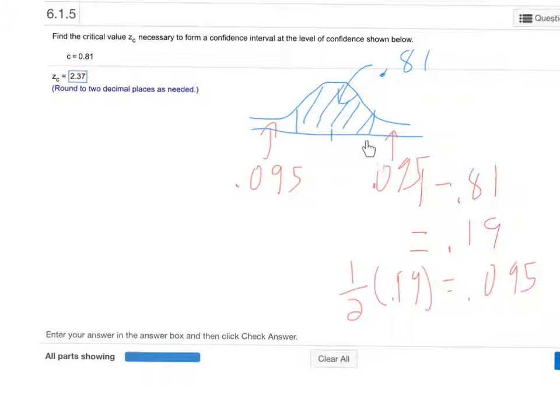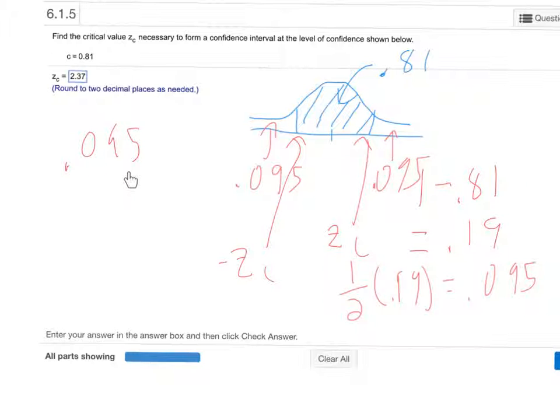Now we want this critical value right here. I think the easiest way is to find this critical value and then take the absolute value of it, which gives you this one. The absolute values of these are the same; one will be negative and one will be positive. So what you do is look up 0.095 in the standard normal table